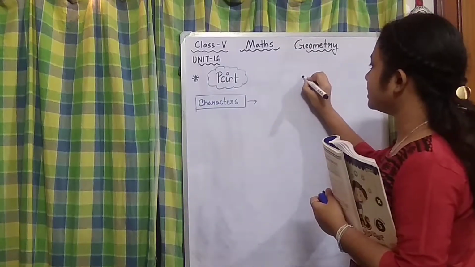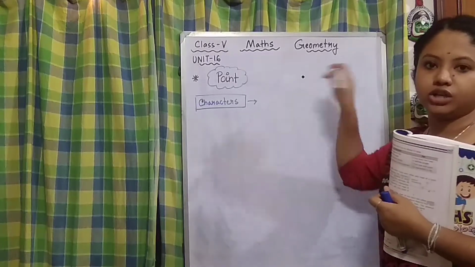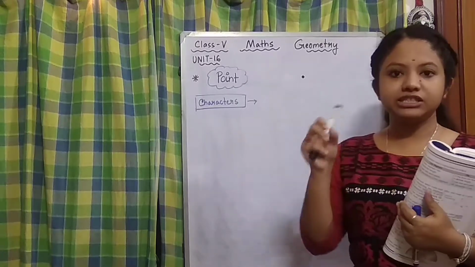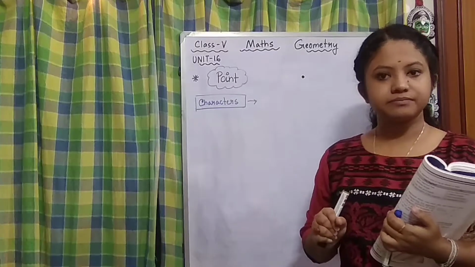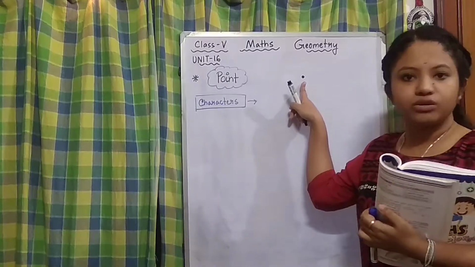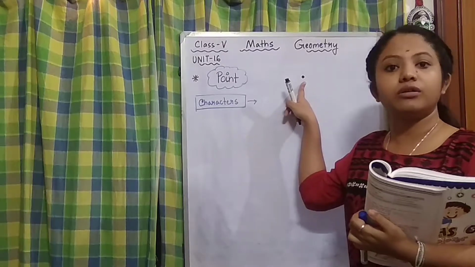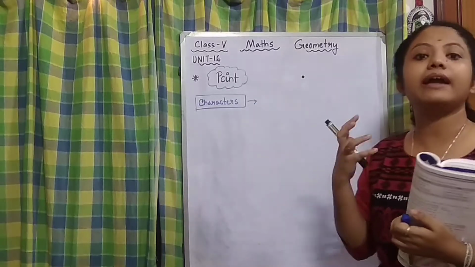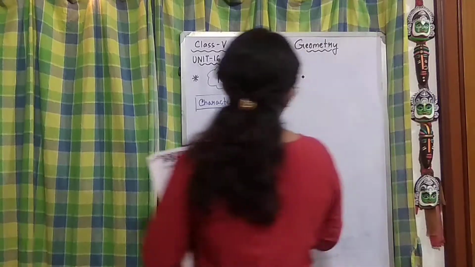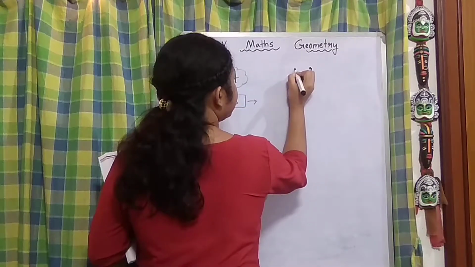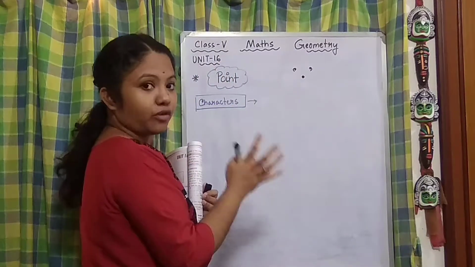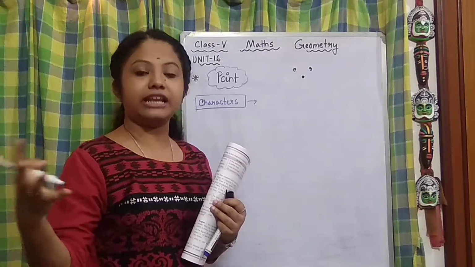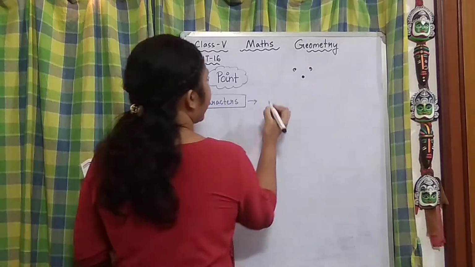A point looks like this, right? Just a dot. Here, what this dot or point is doing, it is occupying some of the space. Does it have any shape or size? No. Does it have any length or breadth? No. So how we can say a point is, it has certain characters, right? It does not have any shapes, but it has certain characters of its own, which differs it from any other characters.